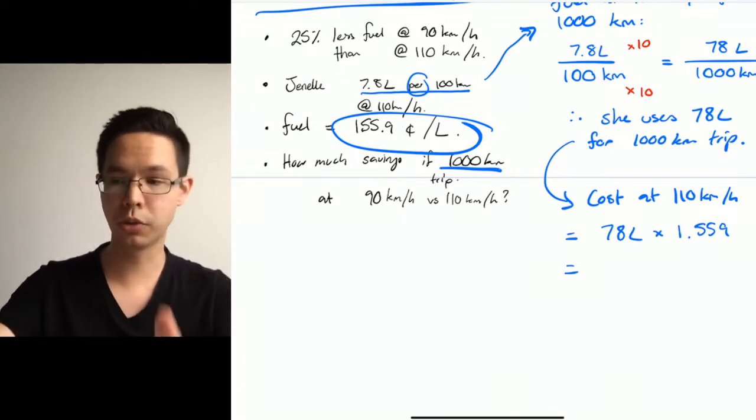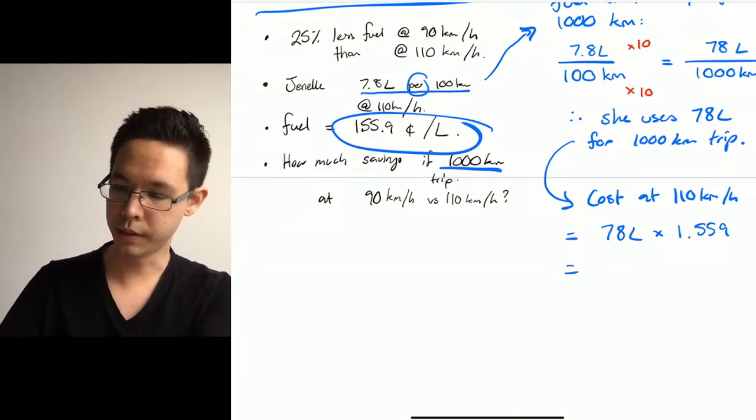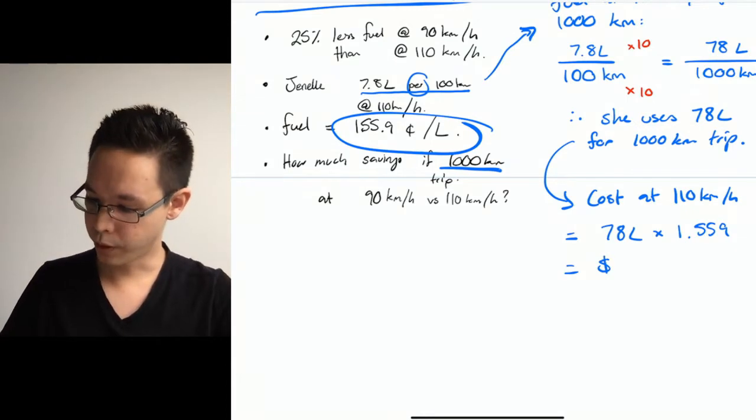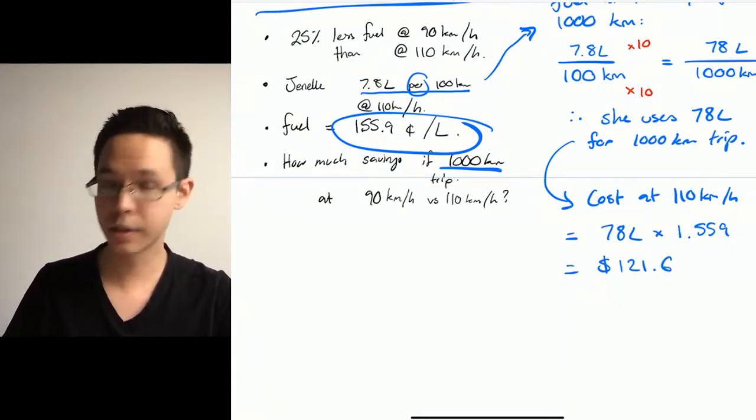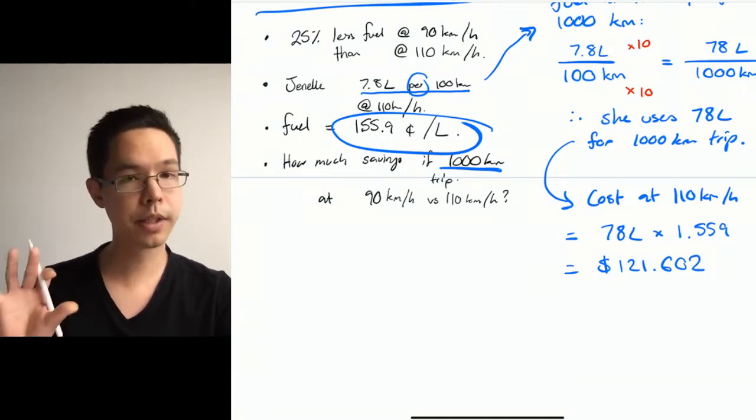Now here's where the shortcut's happening. I'm going to use my little calculator here. 78 liters times by 1.559. I get an answer of 121.6, and I have to round to the nearest cent, so I might leave the cents here for now,